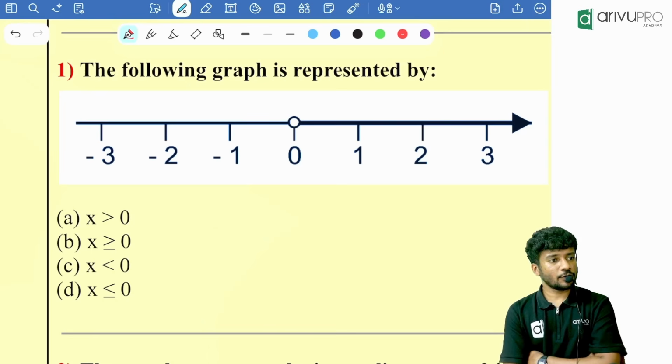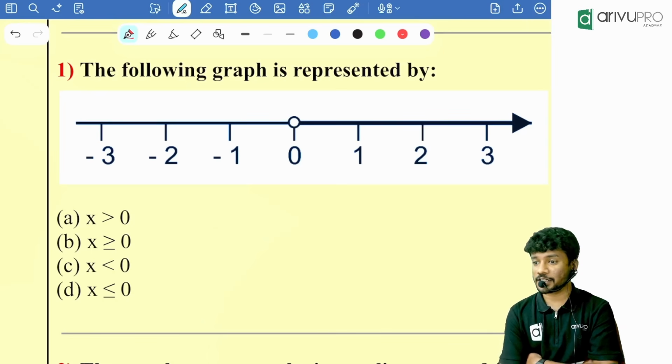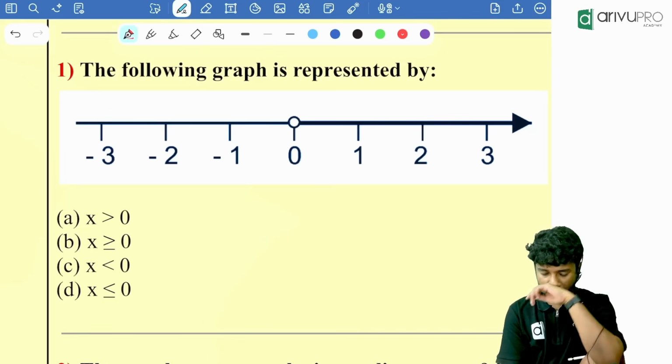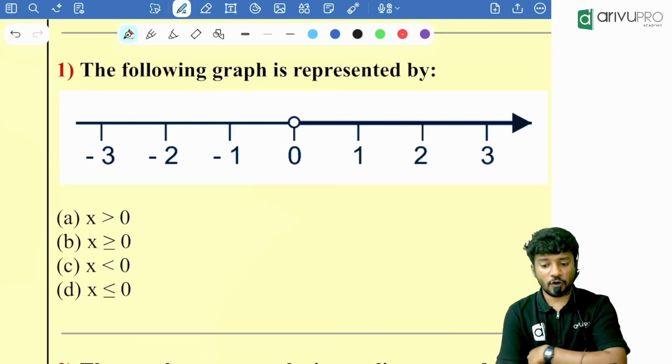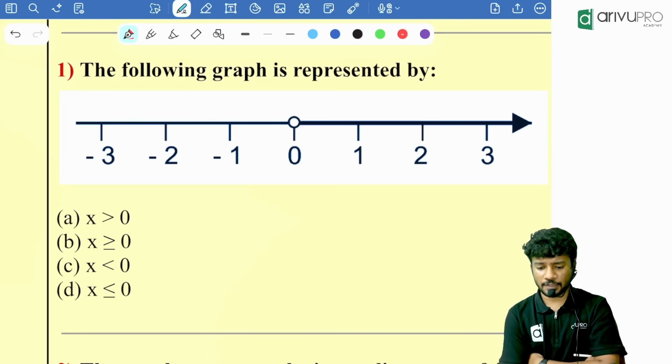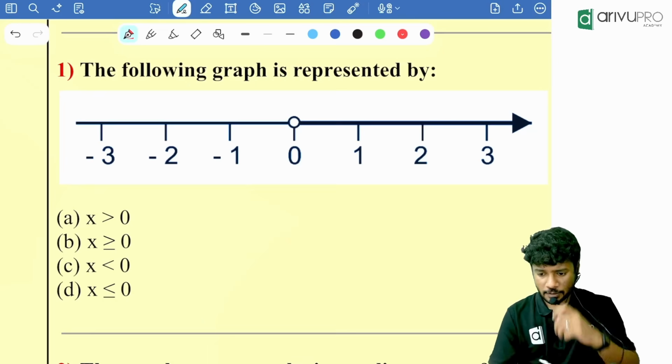I will give you a deja vu based on your 7th standard or 8th standard concept from this question. Have a look at this. The following graph is represented by what? That is the question. Okay, now if you look here,